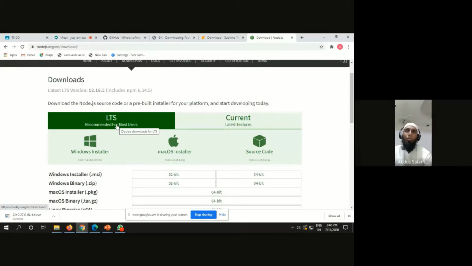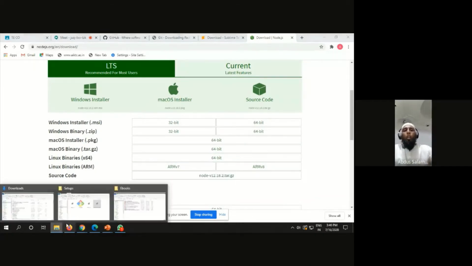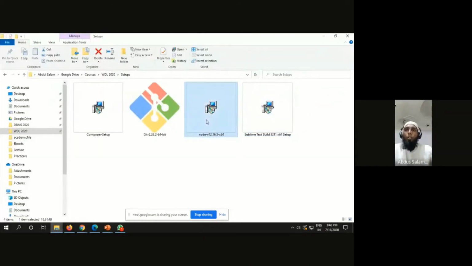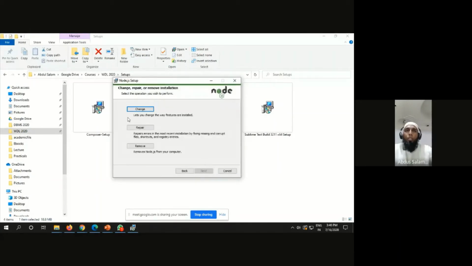You can click as per your OS, Windows, Mac, Linux, all are available. I've already downloaded and installed Node.js. These are the tools which will be needed to complete our development setup. I've already done this, so you can also install.